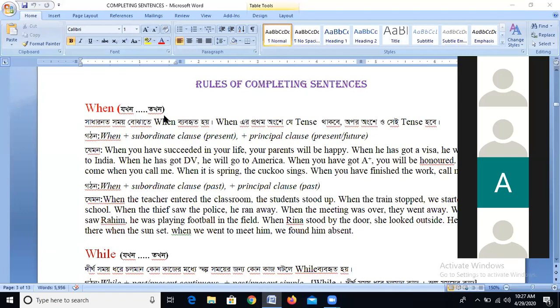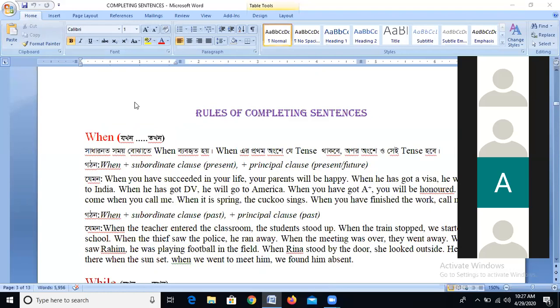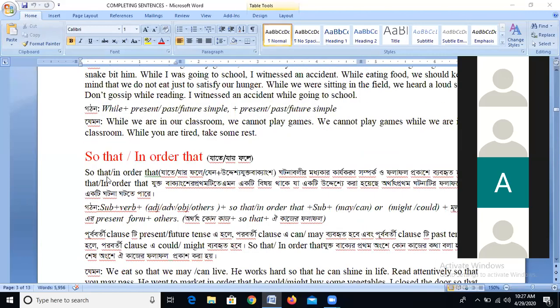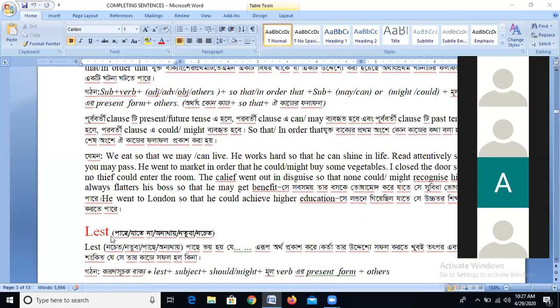For that very purpose, you should know some particular rules, some uses of conjunctions, suppose when, or why, or so that, or in order that, then first,